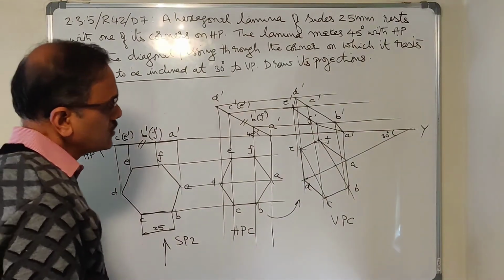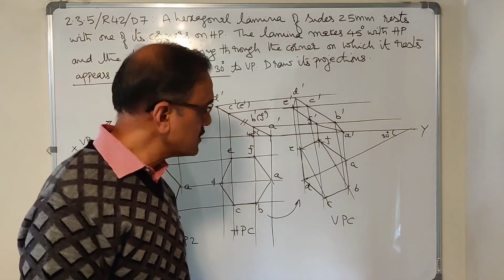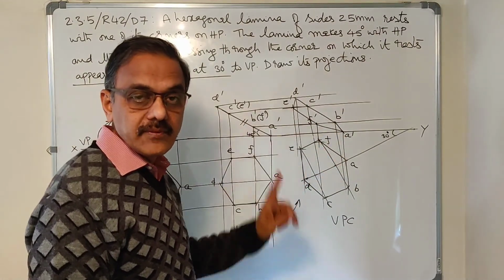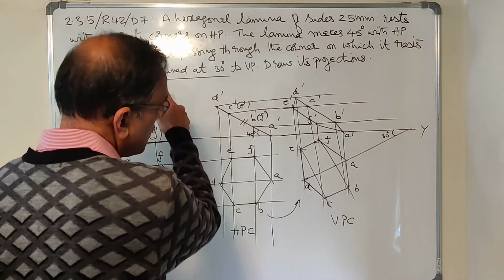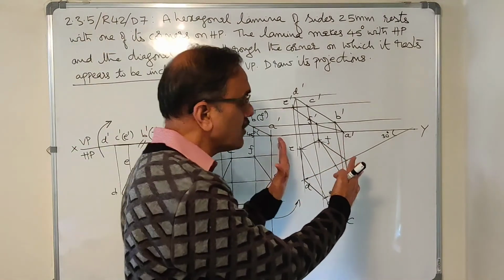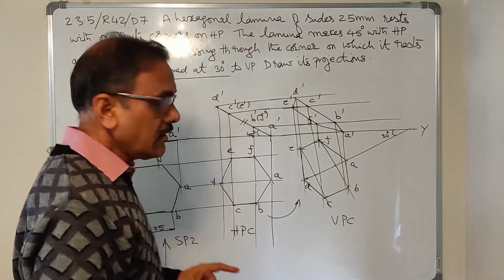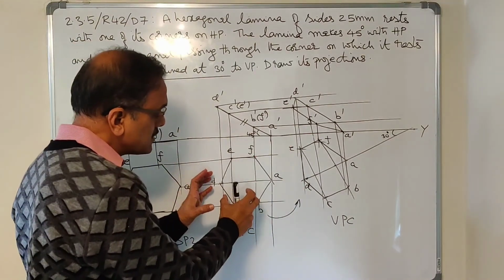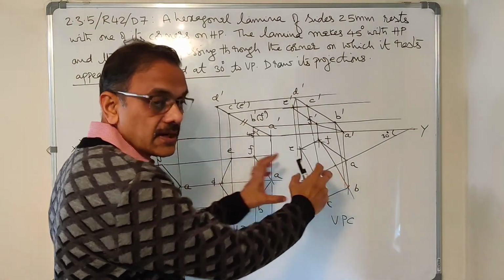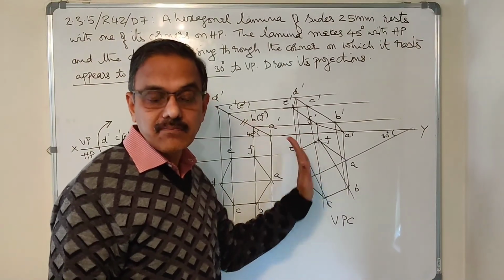So in the last step, all the three conditions that are given are satisfied. What are the three conditions? The first condition is the lamina should be resting with A on HP. Done. The second condition is the surface is inclined to HP at 45. How did you ensure that it is inclined at 45 to HP here? By drawing this there. When it is inclined at 45 to HP, this is how it appears in the top view. So I made sure that the same is drawn here. That's how you ensure that the surface is inclined at 45 degrees even in the third step.